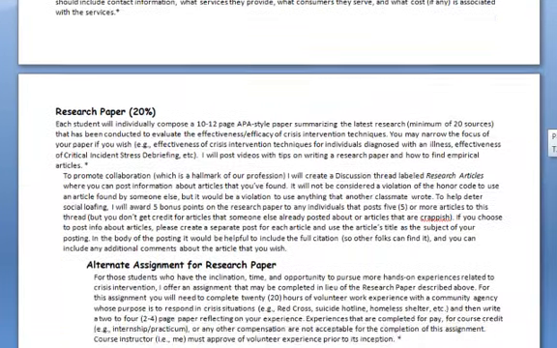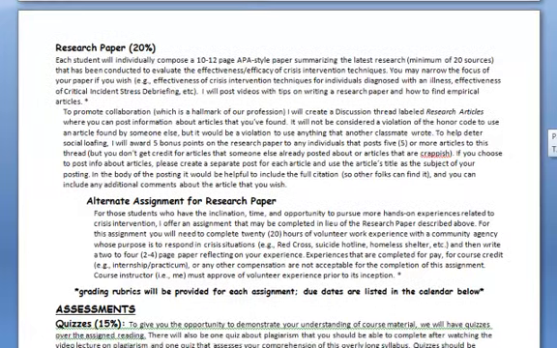And then the other big assignment would be the research paper, a 10 to 12 page APA style paper. The 10 to 12 pages doesn't include the title page or the references. People always ask that. No, it doesn't include an abstract. For a literature review type research paper in my class, you don't have to have an abstract. It seems a little redundant to me. But it'll be about